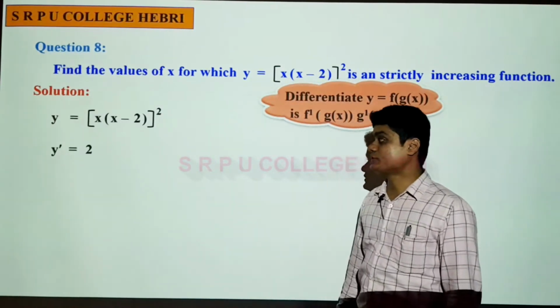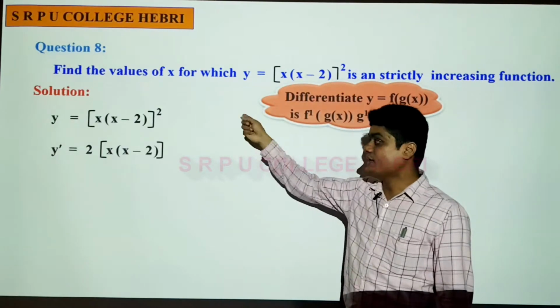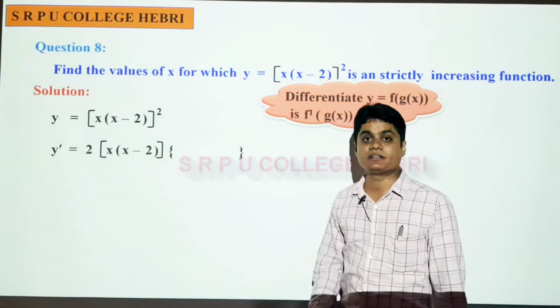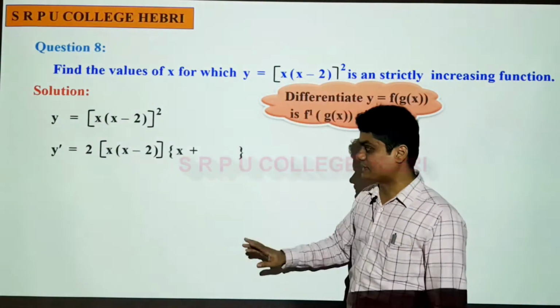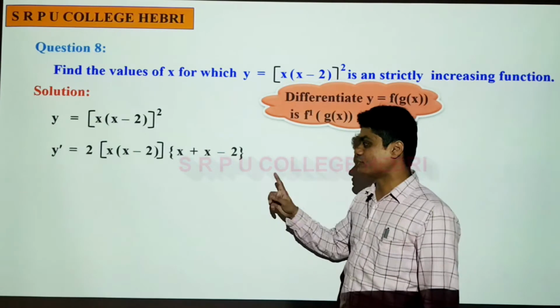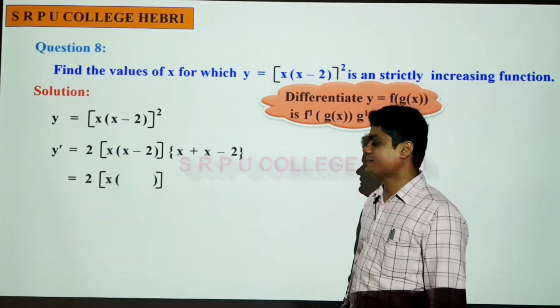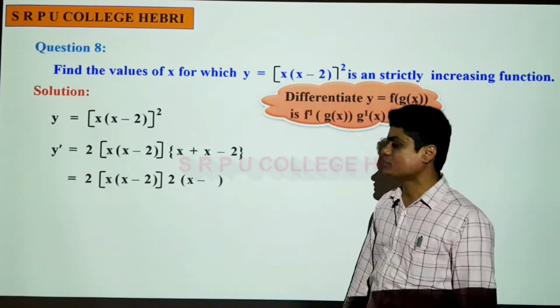Okay, 2 times x into x minus 2, 2 minus 1 is 1, and differentiate x into x minus 2. X into x minus 2, you differentiate using the product rule. X into differentiation of x minus 2 is 1, so it becomes plus x minus 2 into differentiation of x, which is 1. So it is 2 times x into x minus 2, 2x minus 2 comes, 2 into x minus 1